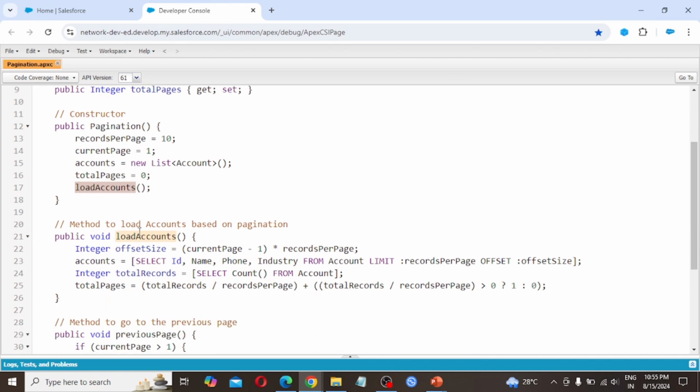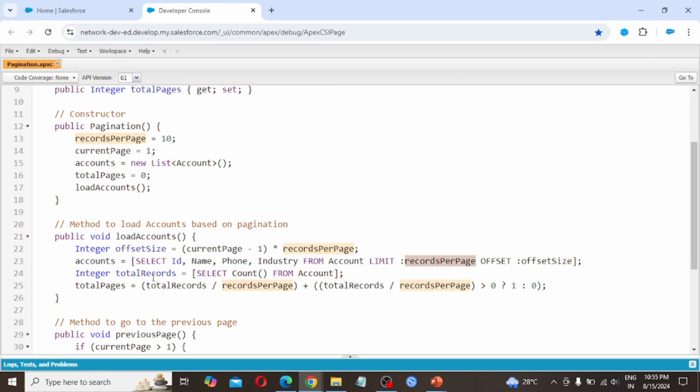Now the method to load accounts based on pagination: public void loadAccounts, Integer offsetSize equals (currentPage minus 1) times recordsPerPage. accounts equals SELECT Id, Name, Phone, Industry FROM Account LIMIT recordsPerPage OFFSET offsetSize, the offset value we are passing.